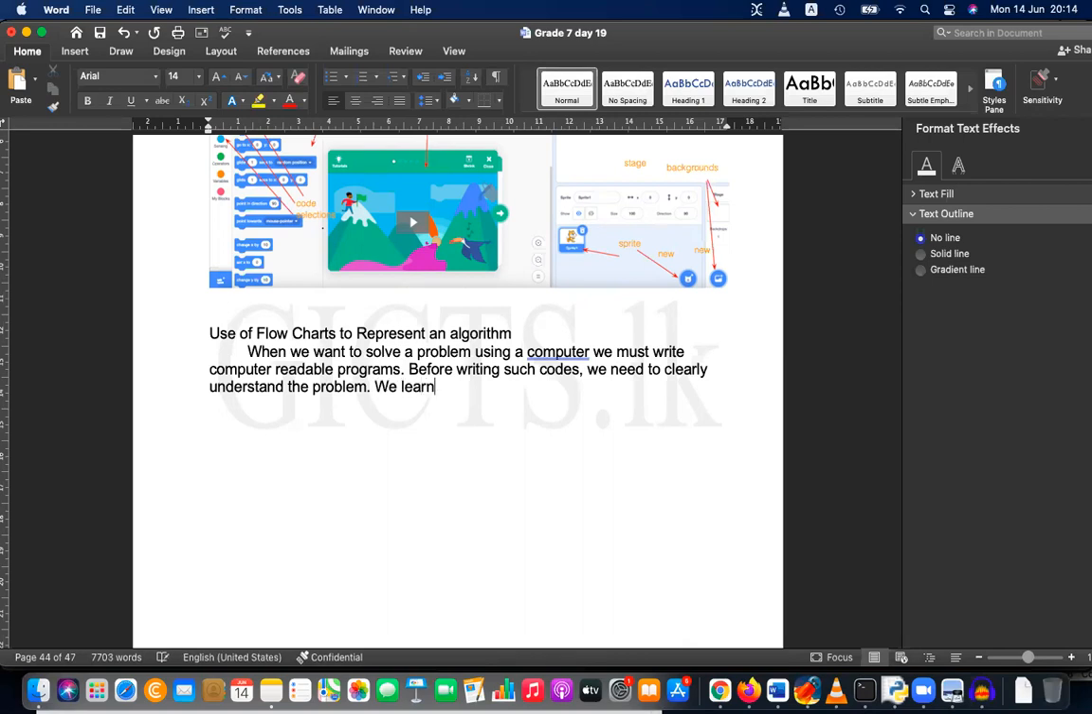We learned that a complex problem can be decomposed into manageable modules so that it is easy to understand the problem. After clearly identifying the problem,